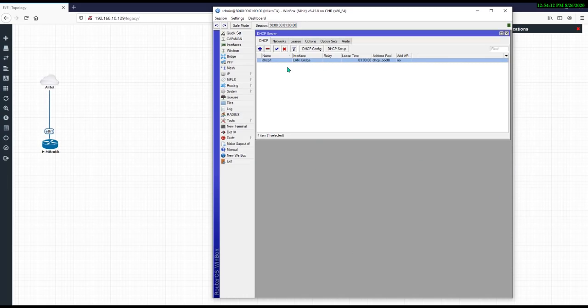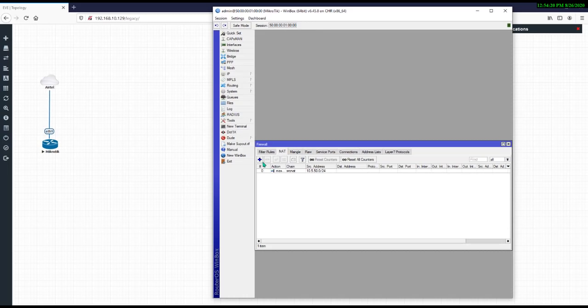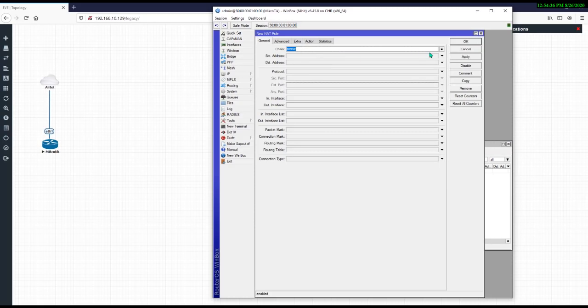After completing your DHCP setup, you need to forward your LAN traffic to the internet. So click on IP and Firewall, go to NAT, click add, and select srcnat in the chain option.